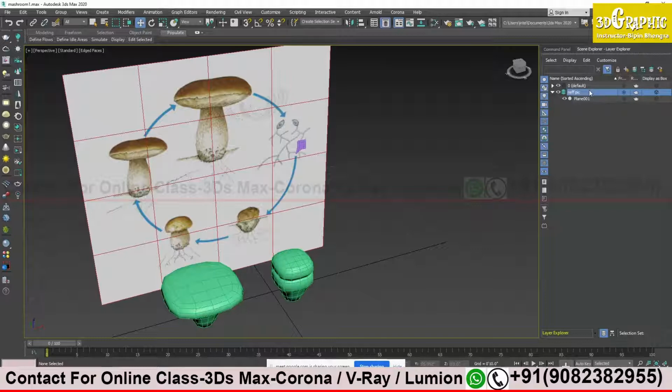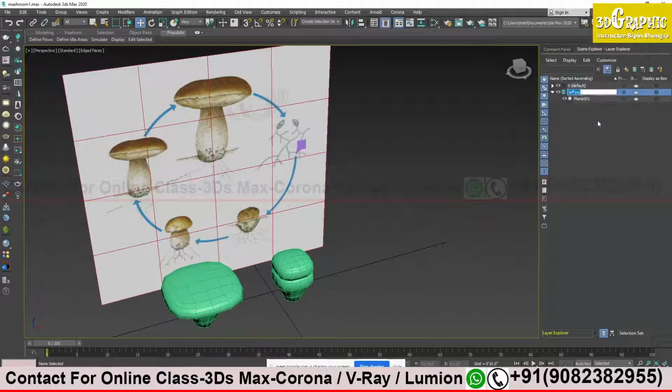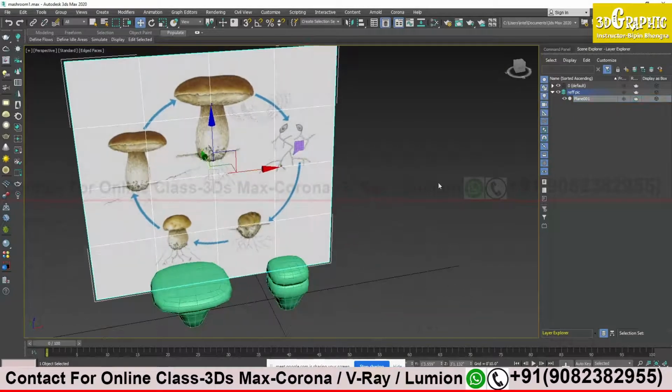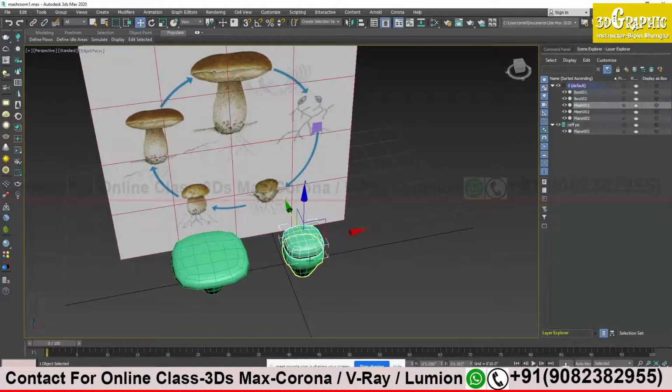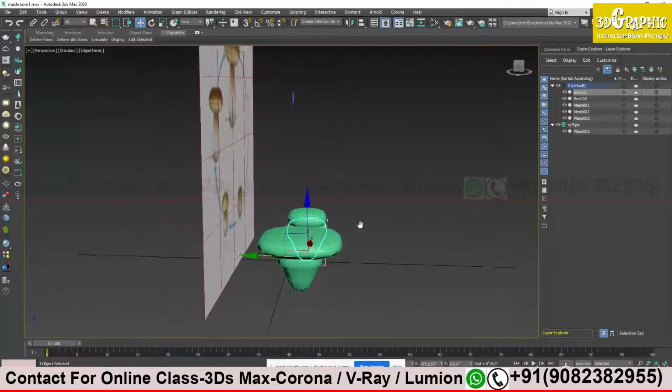There is another way to rename the layer. Just right click on top of the selected layer, and here you get a rename option. If you click on the rename option, then also you can rename the layer. Clear? So we got my plane in a separate layer, and I want all my models to be on a separate layer.